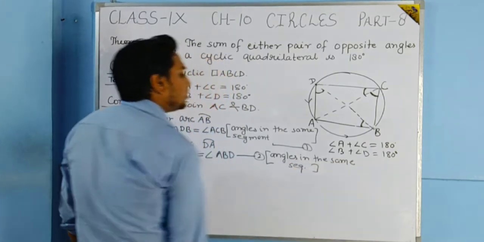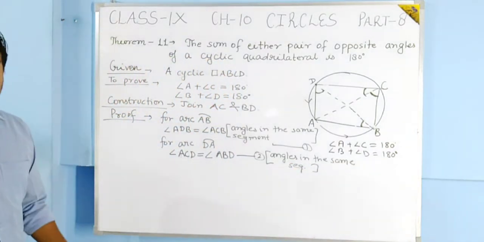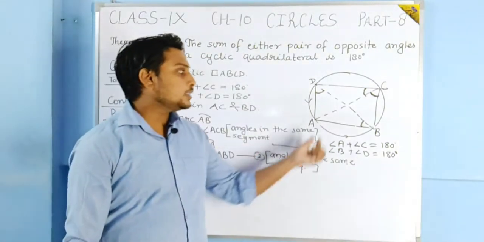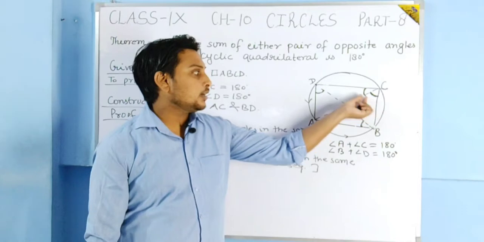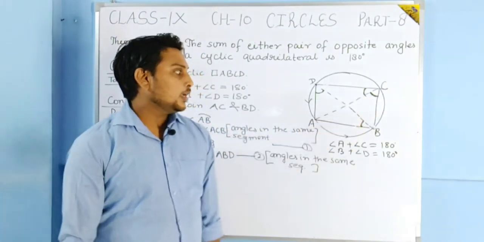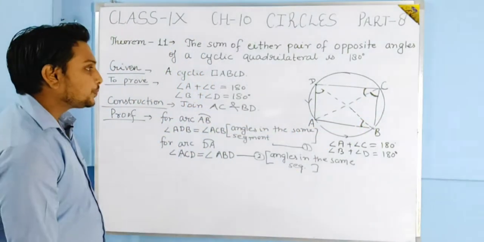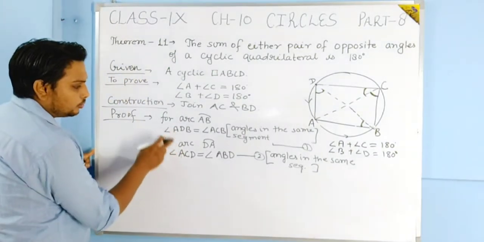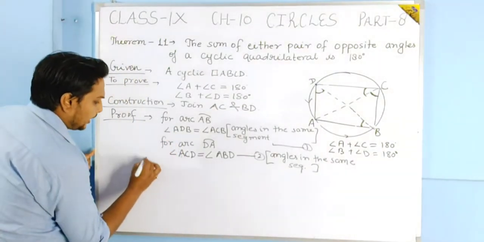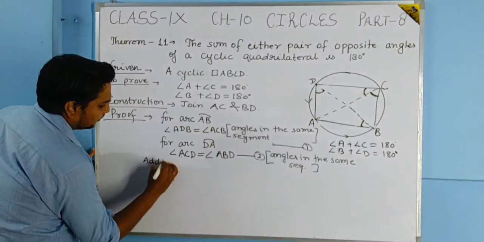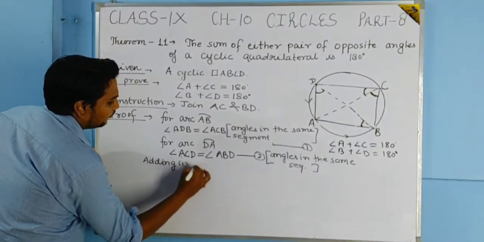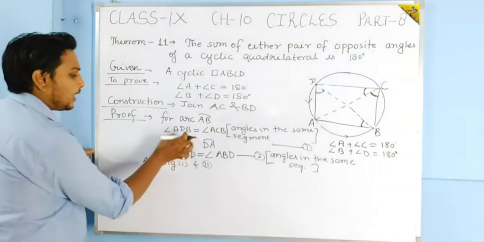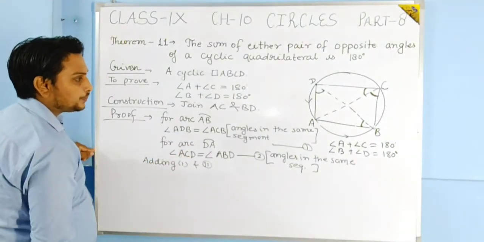Okay, angles in the same segment, the reason is same. Now students, here you can see that this angle is equal to this angle and this angle is equal to this angle. Okay, now if we add these two equations, adding first and second, so see, angle ADB,